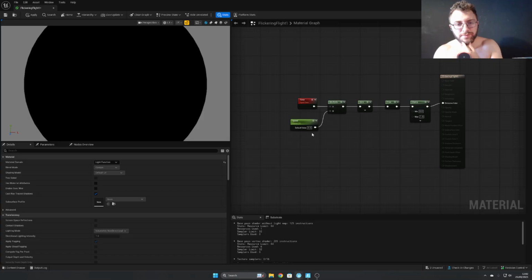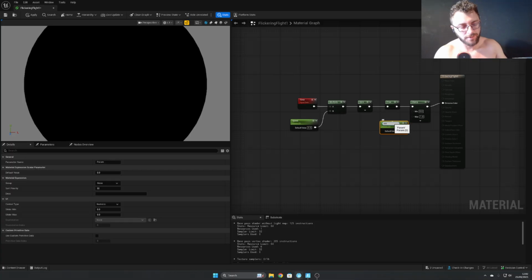And go ahead and get a clamp next. And link clamp here. We now need to link the output to emissive color. Now you're noticing it's just black. Some things we need to do. We need to add it, hold down S again and left click. We need a min